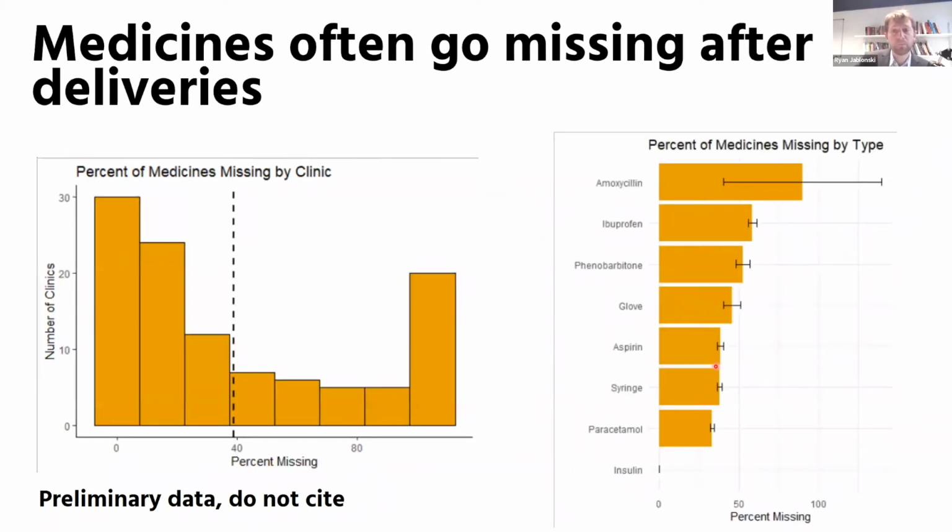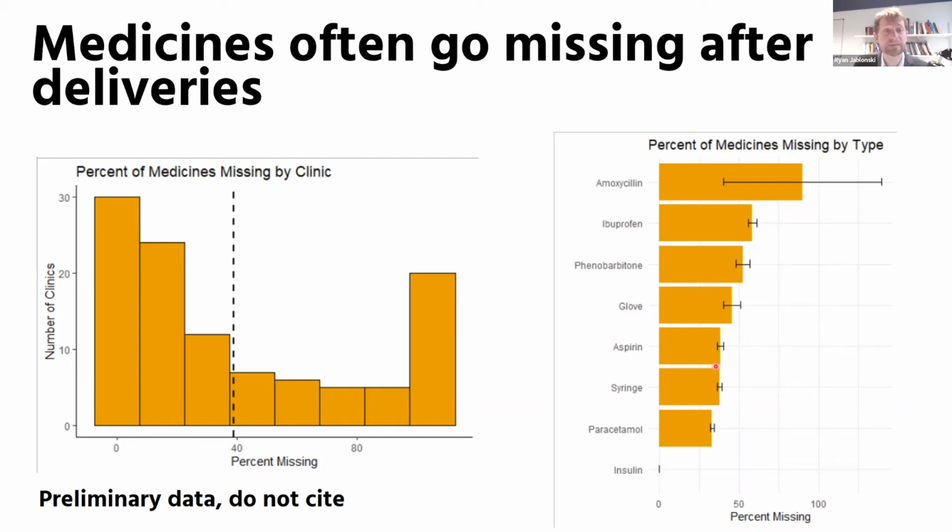Where we're seeing a lot more medicines go missing is during these in-person audits, right? So what happens after the medicines have arrived in facilities and before they get allocated to patients. And what we're finding is that on average, about 38% of medicines are going missing during this particular period of time. Again, this is a soft number. We're still going through a lot of these data, but this suggests that this is picking up a quite substantial